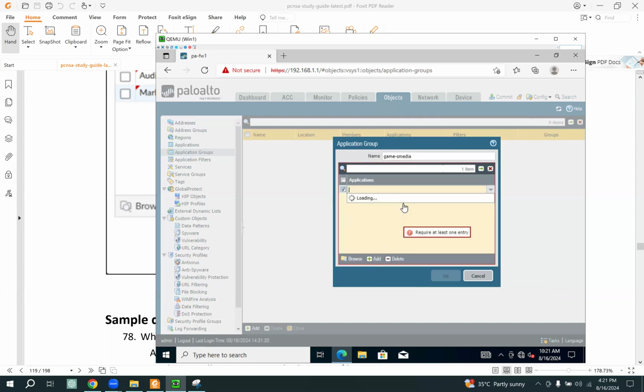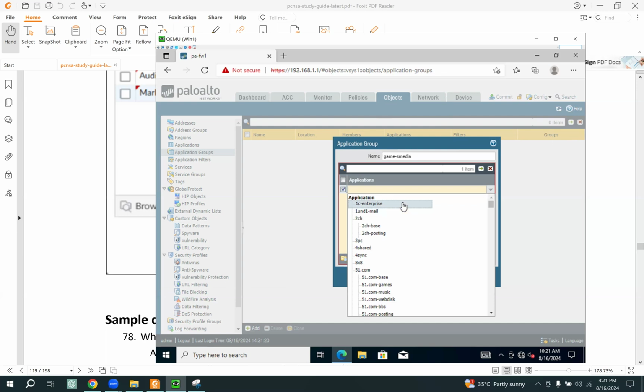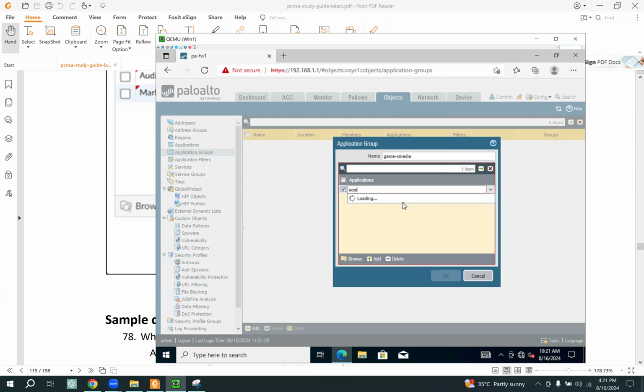Right. So the first one is social media. Social networking is multiple applications. So I set here